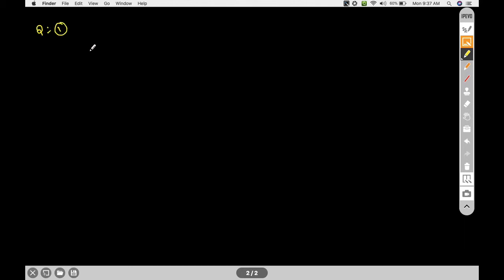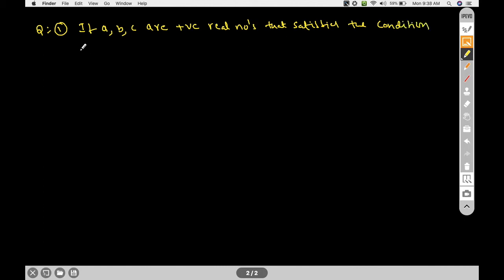Question number 1. If A, B, C are positive real numbers that satisfy the condition A square plus B square plus C square is equal to 1, then find the minimum value of